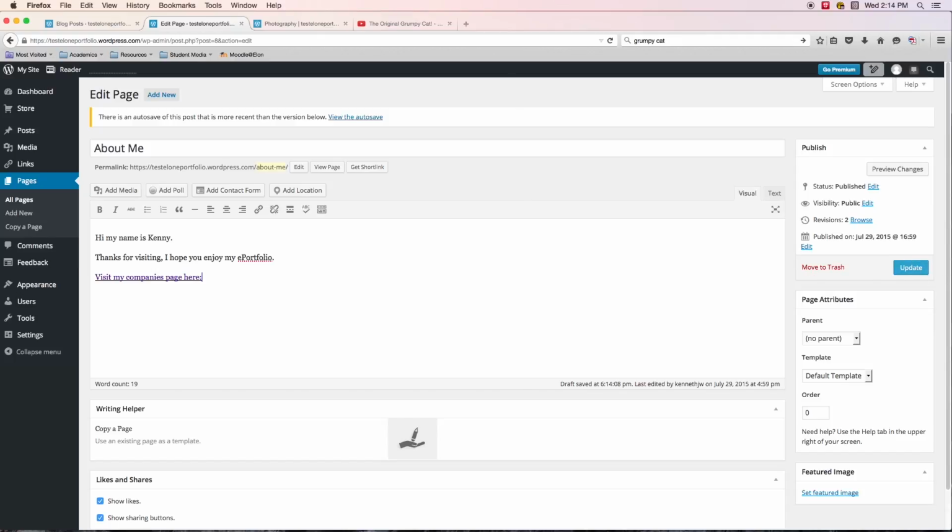And another thing that's really important is anytime you make any sort of changes, add any content, do anything in any of your pages, you need to make sure that you click the update button so that it takes effect. And just to show you